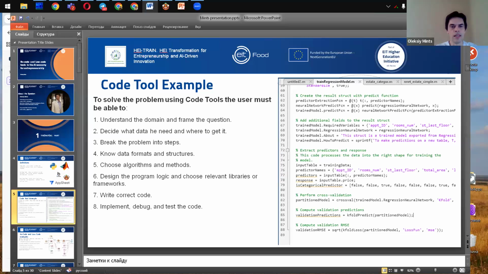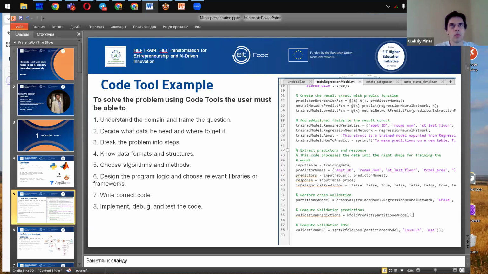Next, choose algorithms and methods for each stage. Pick the right method, like a statistical test or machine learning model or calculation, something like that. And plan how you will check the result and how you will avoid common issues.